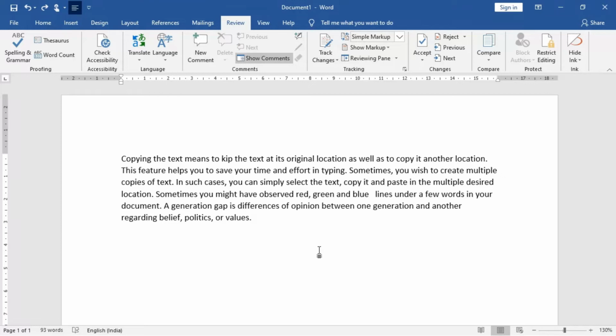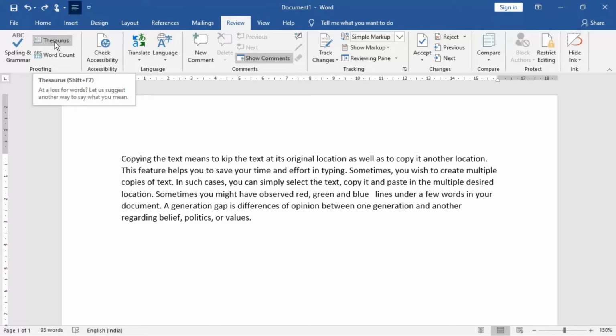When you look up a word in the thesaurus, it will provide you a list of alternative words which you can use in place of an existing word that you have typed. The steps are very simple, the same as you have done in spell checking. Only the options you have to find out. You can see here the Review tab, then the Proofing area, and then you have to select Thesaurus. The keyboard shortcut, you can see, has just dropped down over here. Shift plus F7 is the keyboard shortcut.